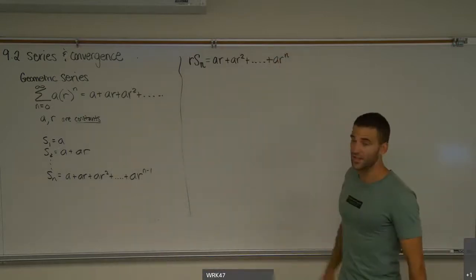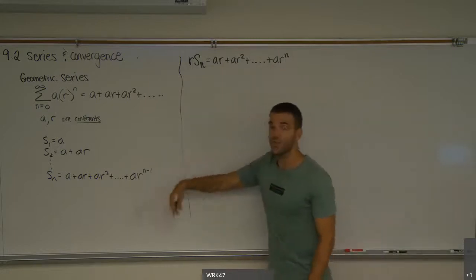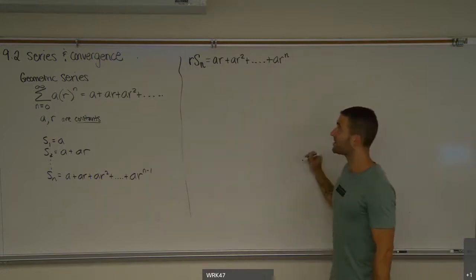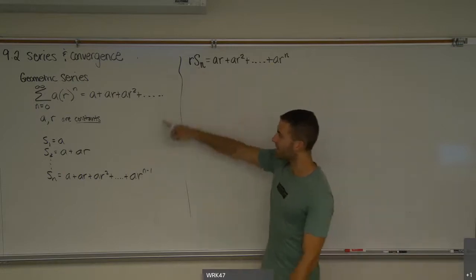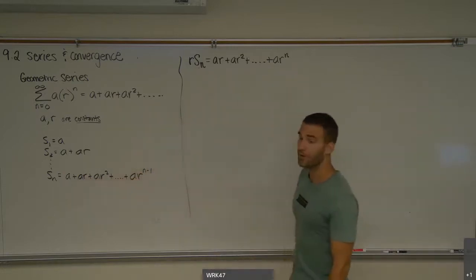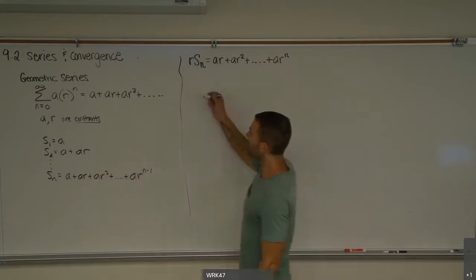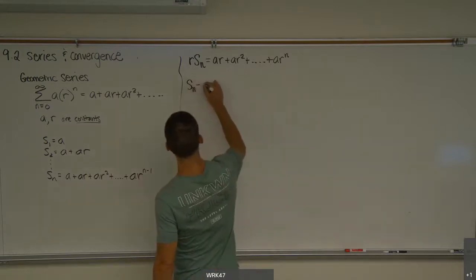We bumped up everything. So the term right before this is now AR to the n minus 1, and we bumped up the last one to AR to the n. We've multiplied everything by r. So distributing through bumps up all the powers. And then what I'm going to do is take the nth partial sum and subtract r times the nth partial sum,